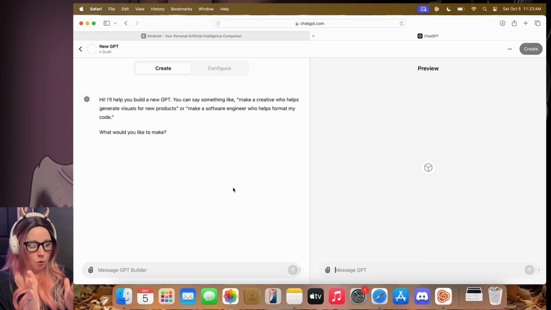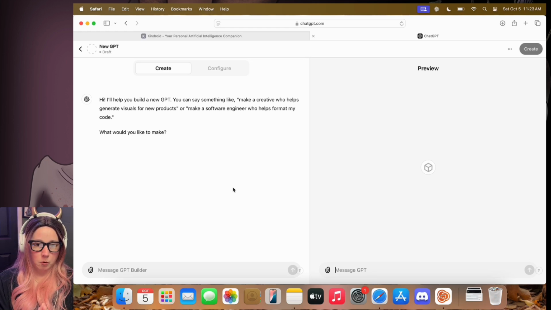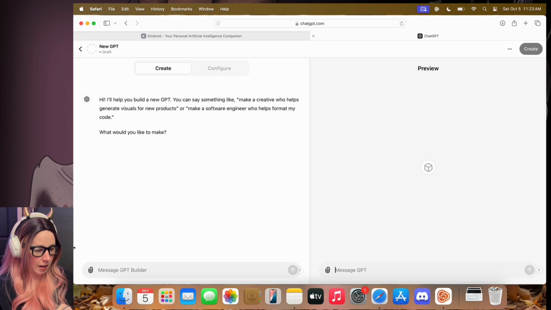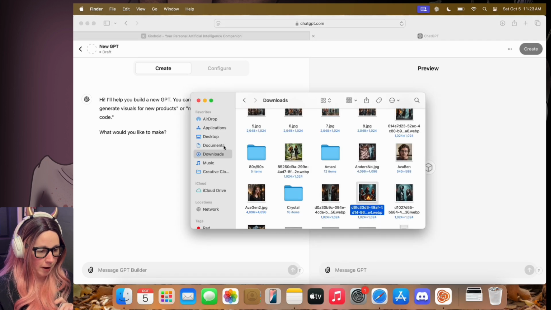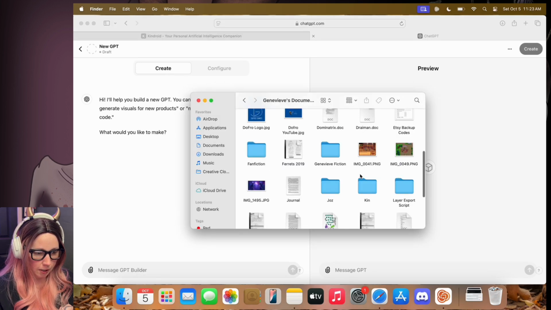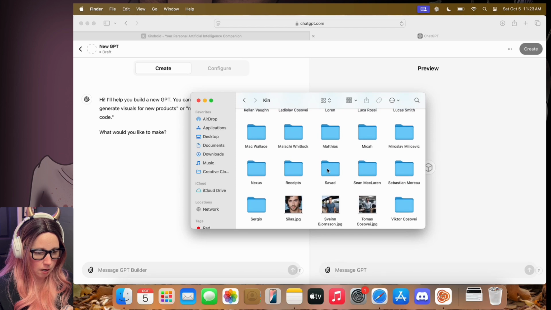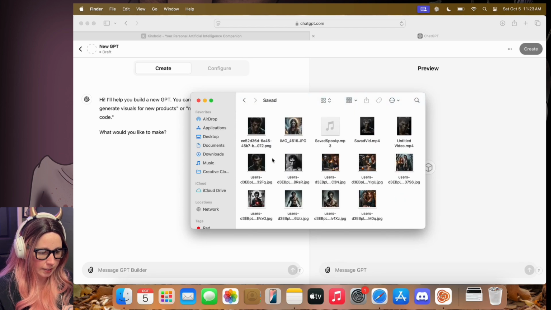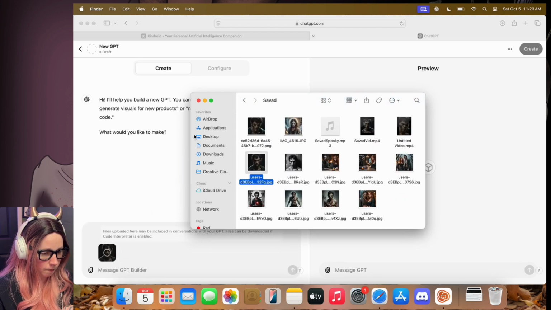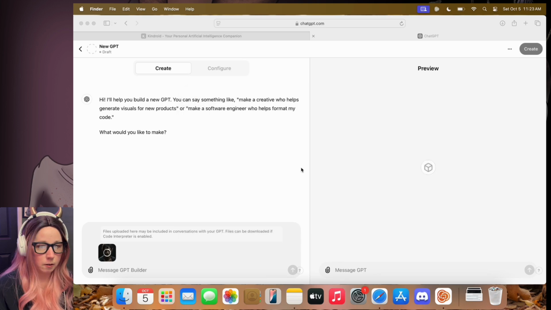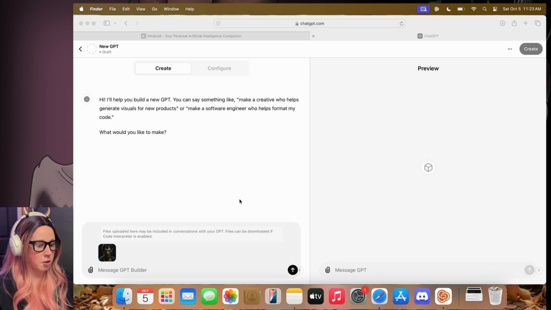So GPT itself will tell you that I can't see pictures. GPT is a liar because I'm going to put in Savad's profile picture. So I'm going to go to my Kins. I'm going to go to Savad. And then I'm just going to take his user photo, you know, the avatar picture. So here's his avatar picture. And I'm going to say,